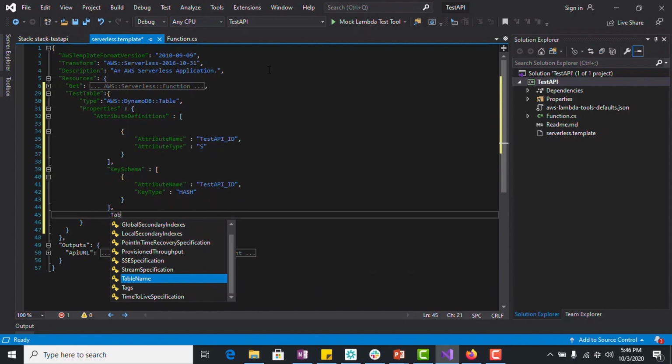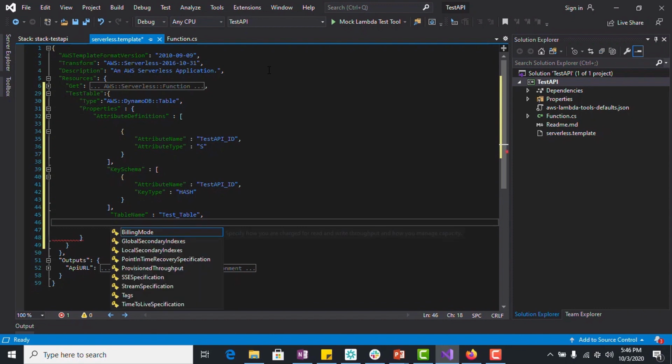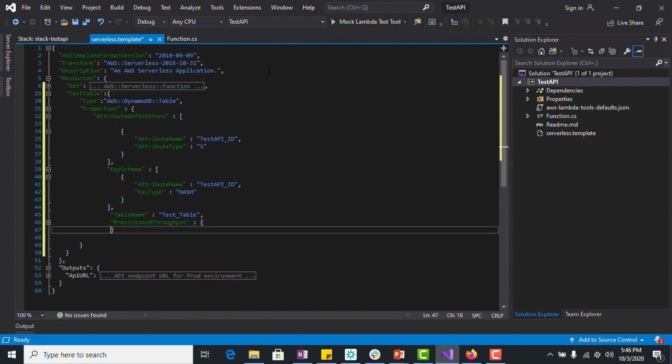For table name, I'm using test_table. We'll also configure provisioned throughput for the table. I'm setting both read and write capacity to 10.